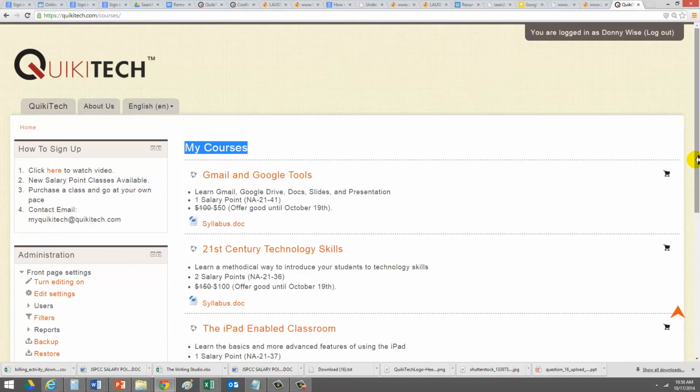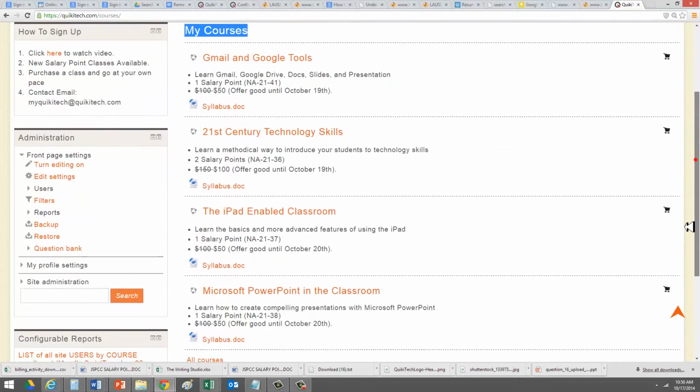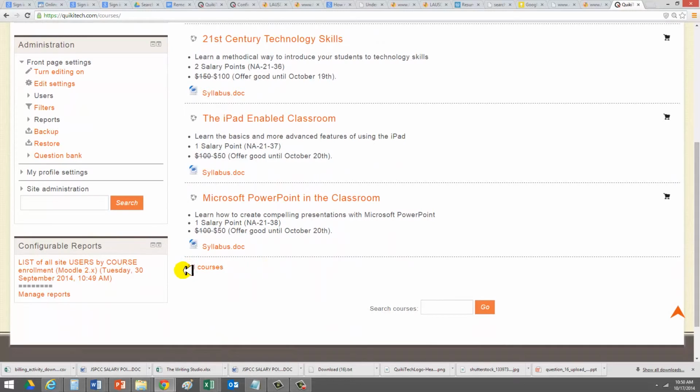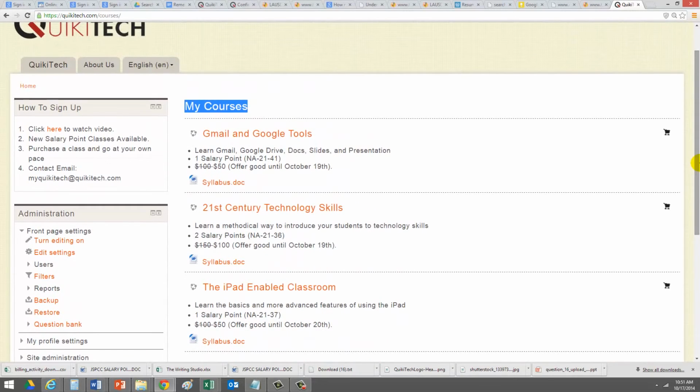Sometimes I put out a special so that the prices drop, and you may say, you know what, I want to take those classes, but I'm in one class right now. Should I go ahead and buy another class right now while the special is hot? And I'm saying, yes, go ahead and buy the class now. You can scroll down, go to all courses, and then just go ahead and purchase 2, 3, or more courses